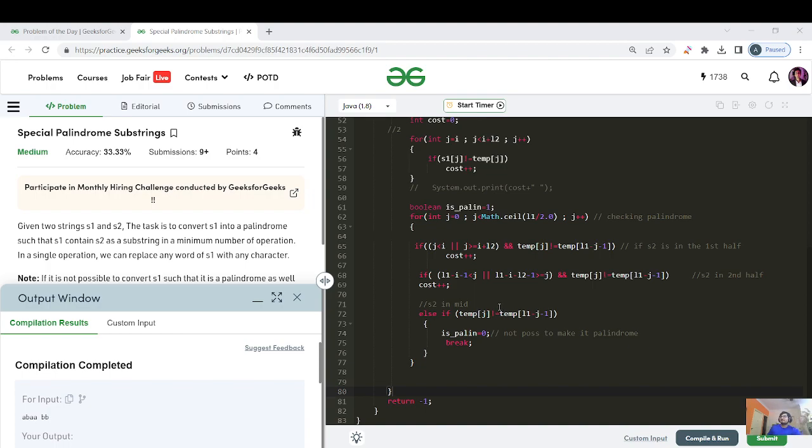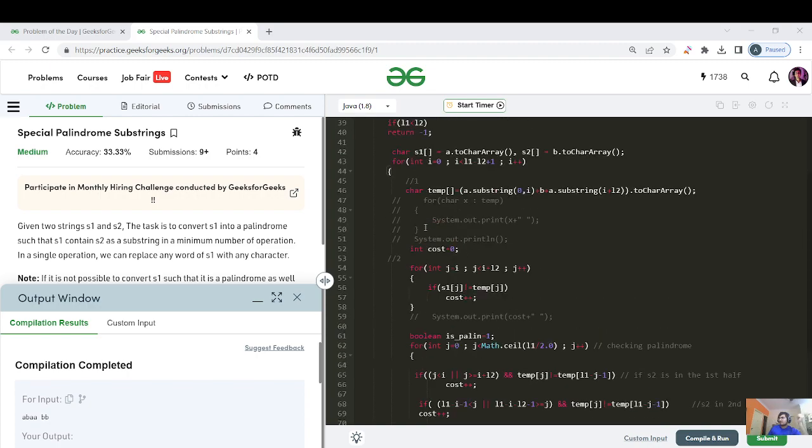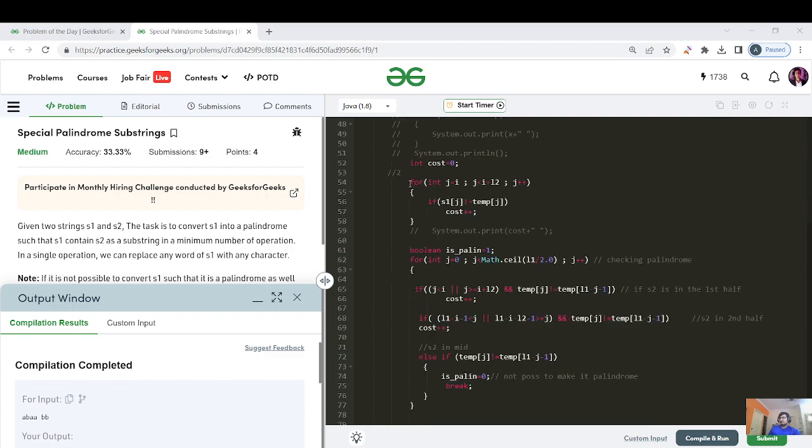So what's the last part remaining now? We have handled the case of forming, let's say, the temp array. Temp array is nothing but placing S2 in each and every place of S1, right? So that's what is handled by this for loop. This is the first for loop, and then we are calculating the cost change just for placing this S2 into S1. That is handled by this for loop, right? Second step. Now the third step was to check if it is